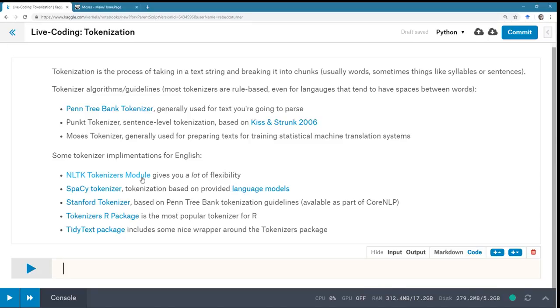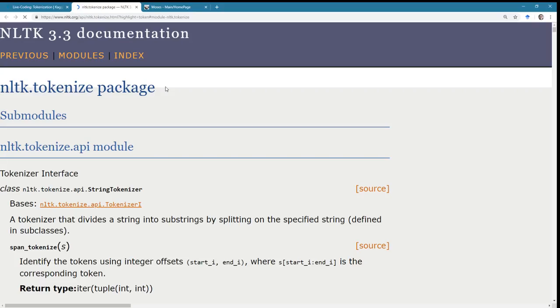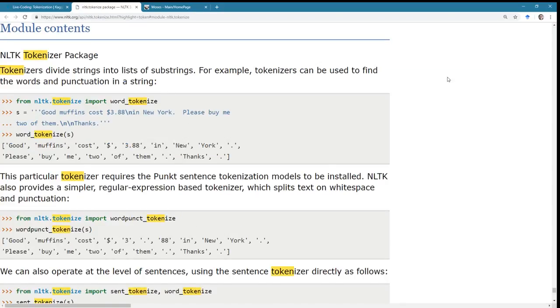So if you can only use one tokenizer ever, hi, João, I'm guessing? It looks like Portuguese. If you can only pick one tokenizer, I would recommend NLTK. It is a little bit fiddly. There's a lot going on in this module, but it's very, very flexible. So it's one interface that will let you work with a lot of different algorithms. NLTK is the standard for research.